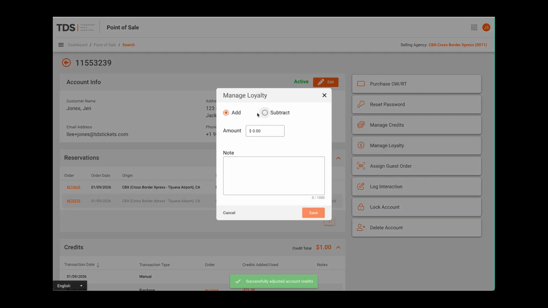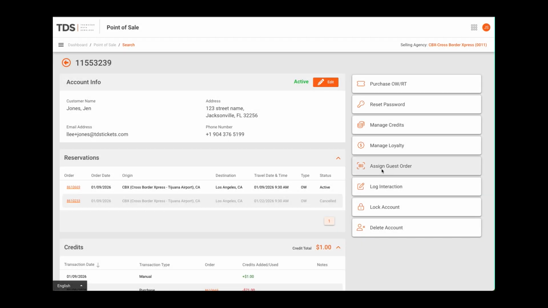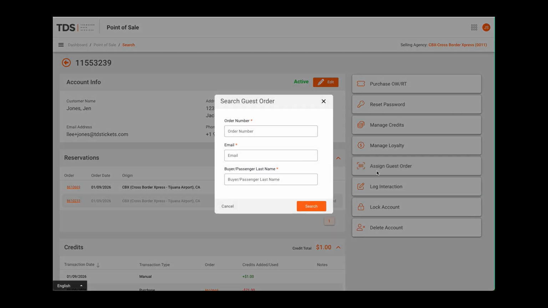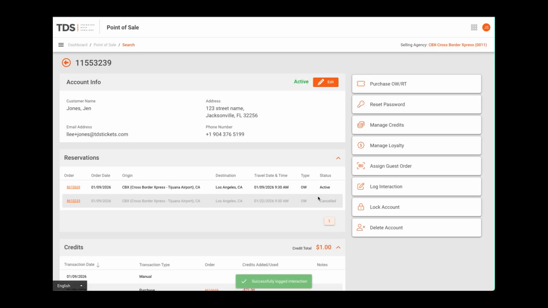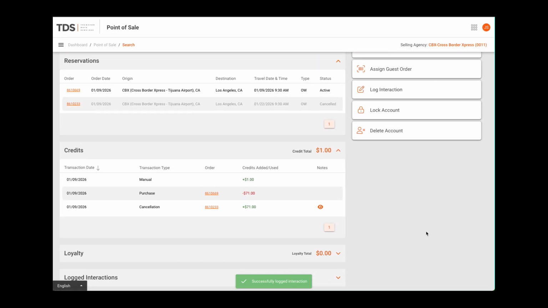If there is an order that was created as a guest purchase, the agent can link it using Assign Guest Order by entering the order number, email address, and buyer's last name. Notes can be added to the account to help future agents better assist the customer. These notes are visible to anyone who accesses the account. Finally, the agent can lock an account to prevent purchases or delete the account if a customer requests their information